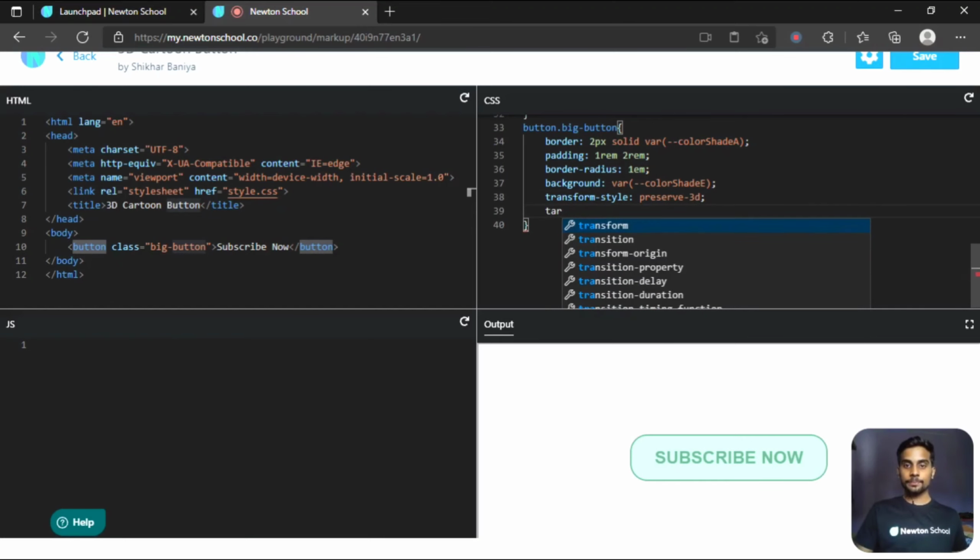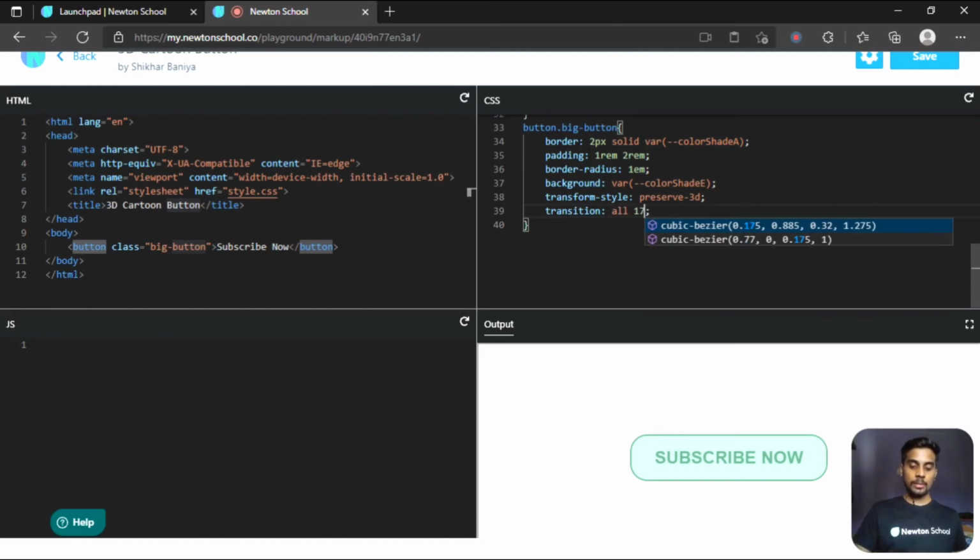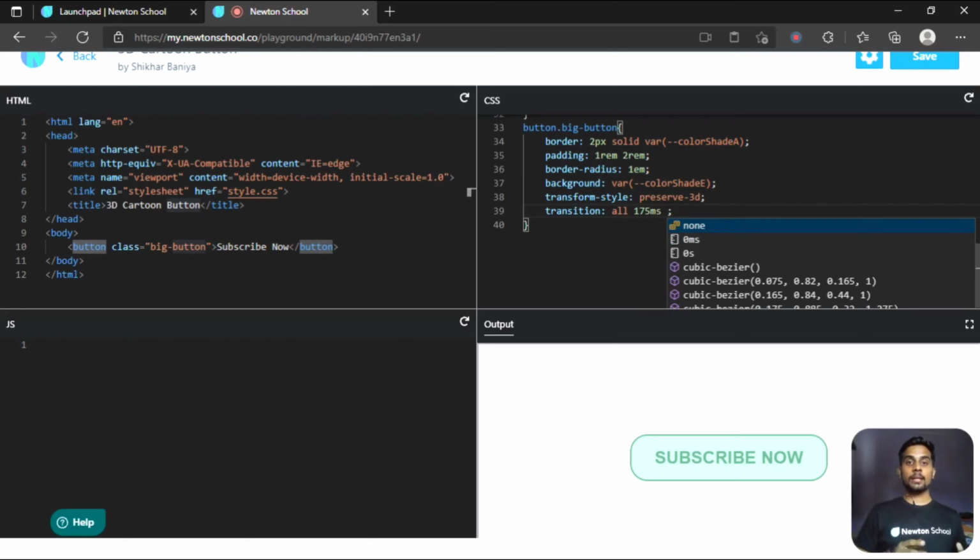Also, let's apply a transition property for all. We have to specify the time of the transition, so let's say 175 milliseconds, and then you have to specify the inward and outward animation of your effect.